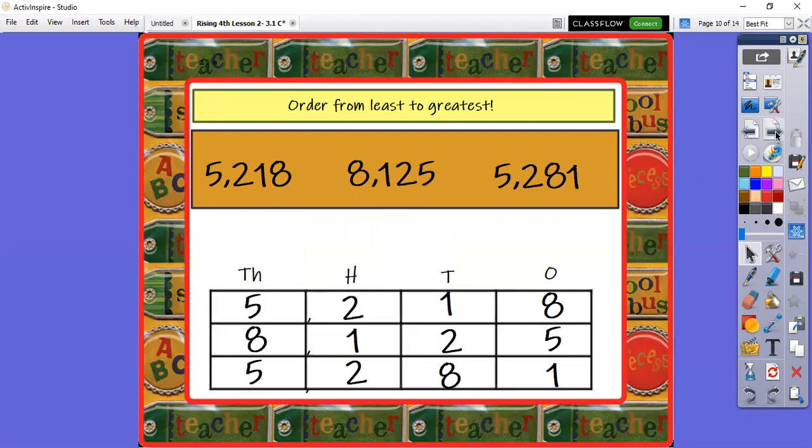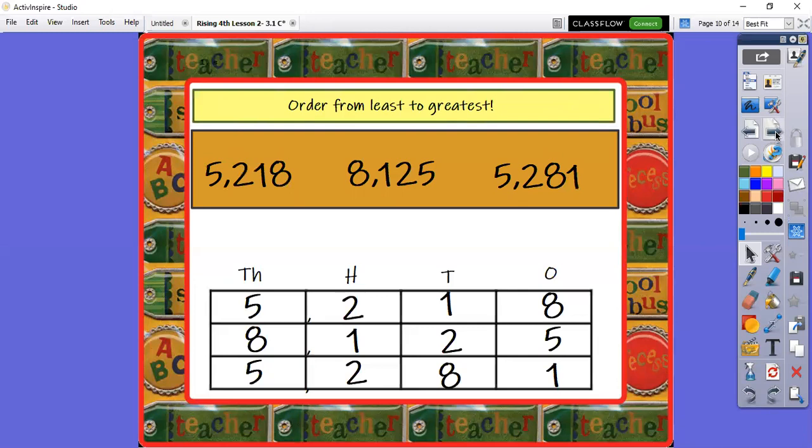All right, so in addition to comparing two 4-digit numbers with the greater than, less than, equal to, and not equal to symbols, you also, in 3rd grade, had to be able to order 3 4-digit numbers from least to greatest and greatest to least. So we have to be very careful about what they're asking us to do, because it's very easy to order your numbers from least to greatest